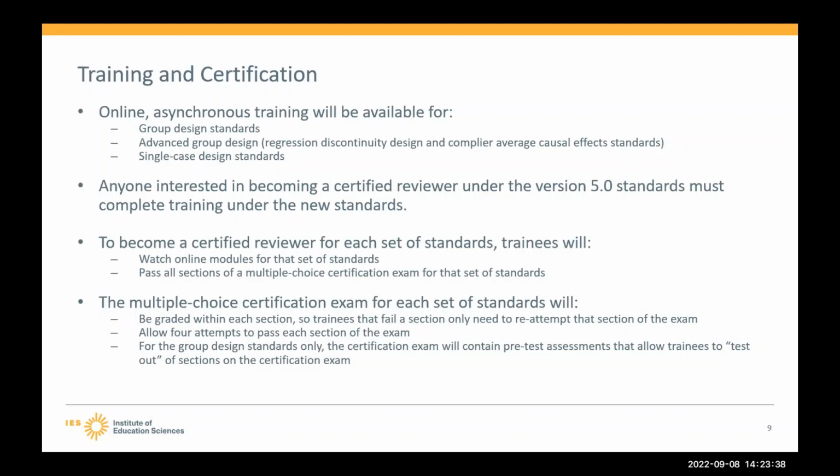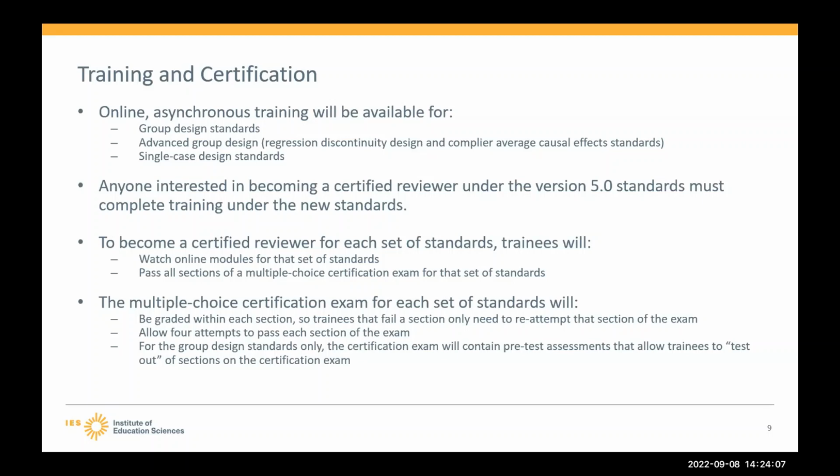Now to the question that's on many of our minds: what the training and certification will look like under 5.0. All trainings will be available online for group designs, advanced group designs, and SCDs. This will be familiar to those of you certified in recent years. You'll have access to narrated slides for different modules, and you can watch them whenever convenient and as many times